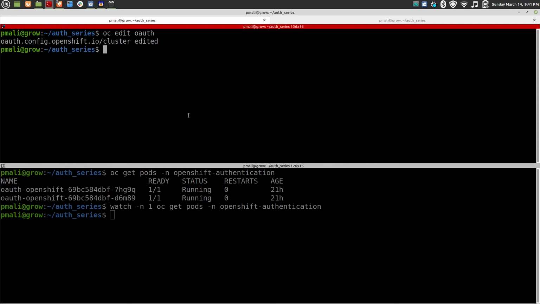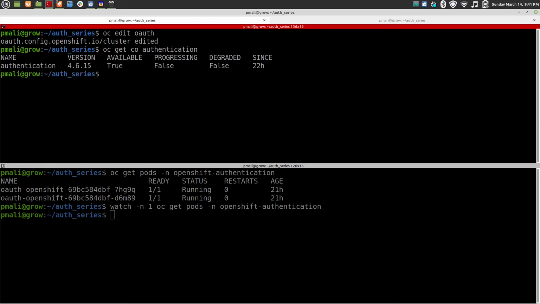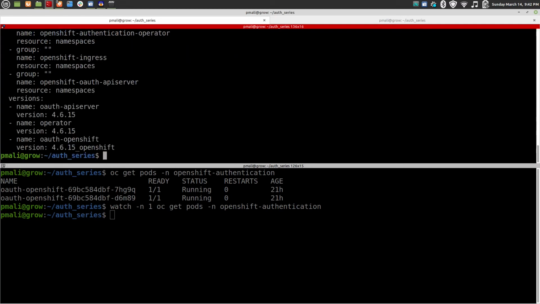Just make sure the authentication operator is in running state and it should not be in a degraded state. To see the details of the authentication operator, you can run oc get clusteroperator authentication. You can see that the authentication operator Available is True and Degraded is False. If you want to see detailed information for this operator, with the same command you can just use -o yaml.